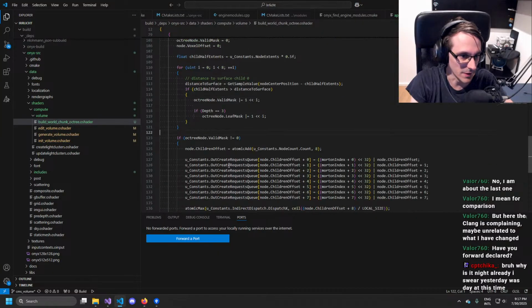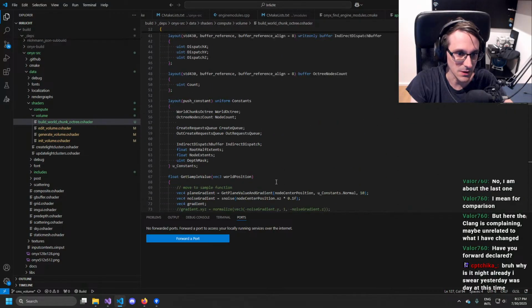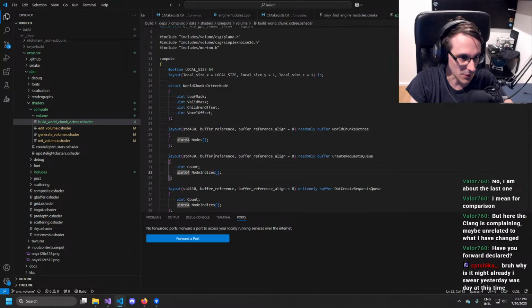And if we have a valid mask, we put our child offset in there and our Morton index in there. Which again, I think I have to restructure. Well, for this case, actually,